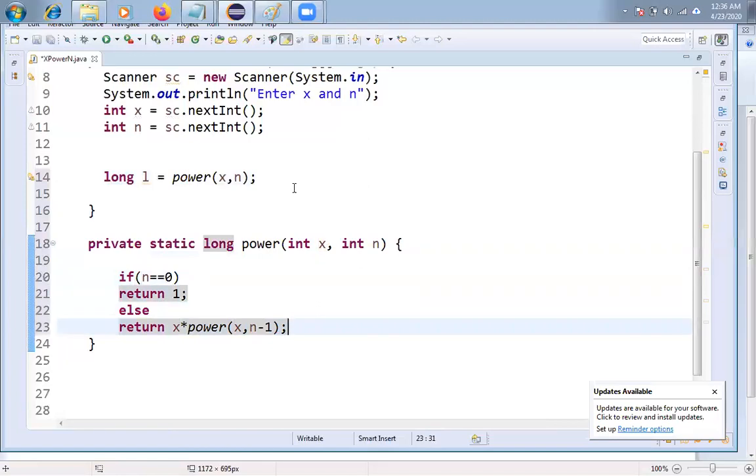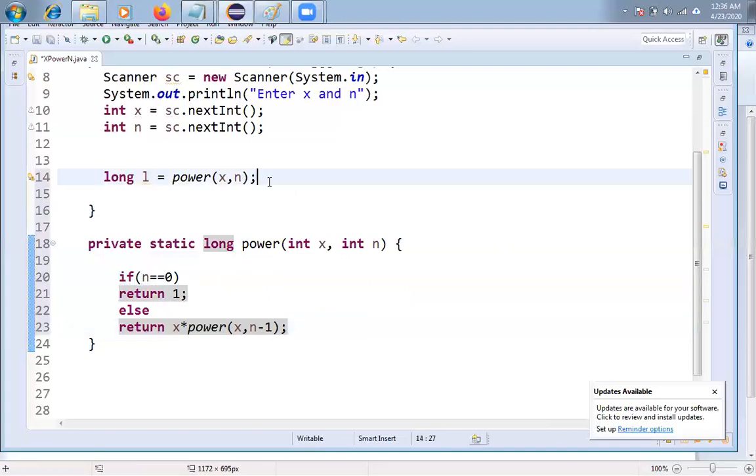It's very simple. So finally what will happen? This power will be called how many times? Till n equal to 0. Once n becomes 0, you will return 1. That means I'll stop calling the power method. So finally the result will be available in the stack. So finally you'll get the result, friends.